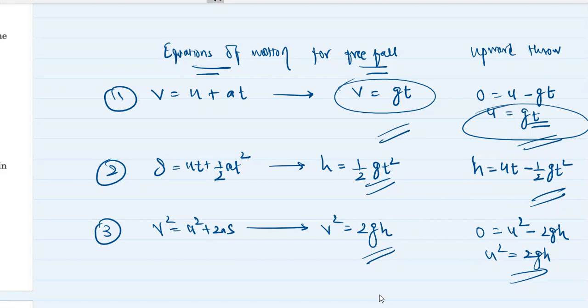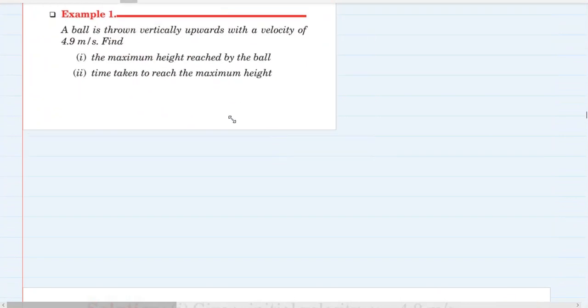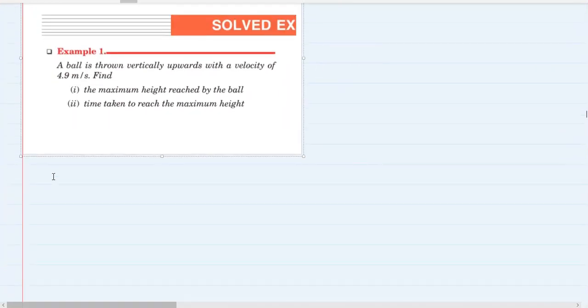You might want to note them down. You can also derive them at any point of time when we are doing numericals. We are going to do numericals now, and you will see when we use the derived formulae, and when we derive them on the spot and use them, which is easier. You will judge for yourself. Then you can decide. So let's start with the numericals. There are not many, maybe 7, 8, or let's say maximum 10 numericals. Let's start.